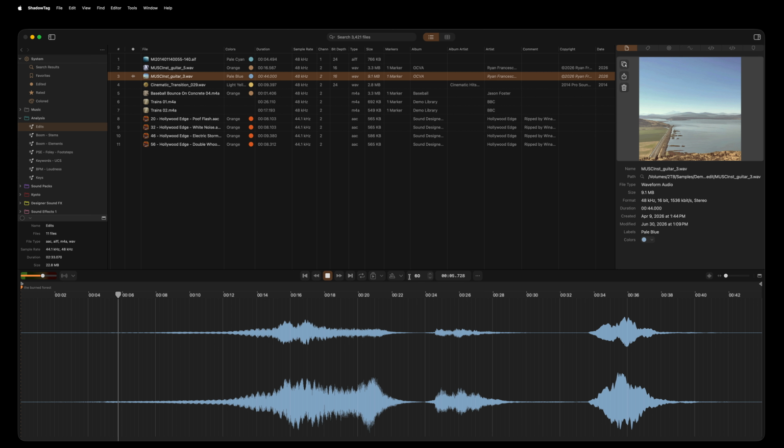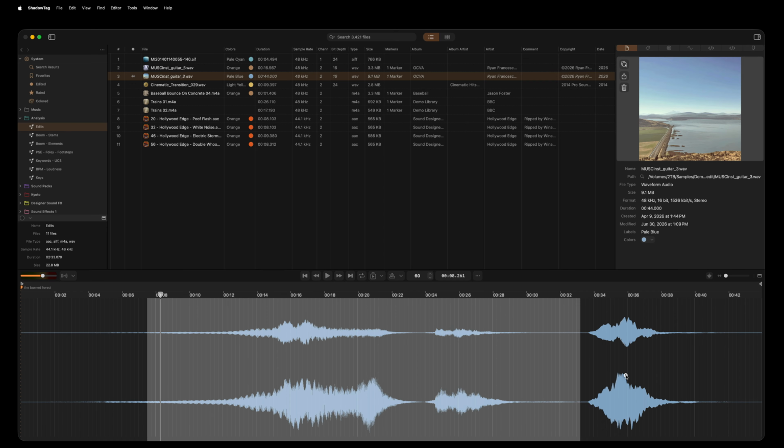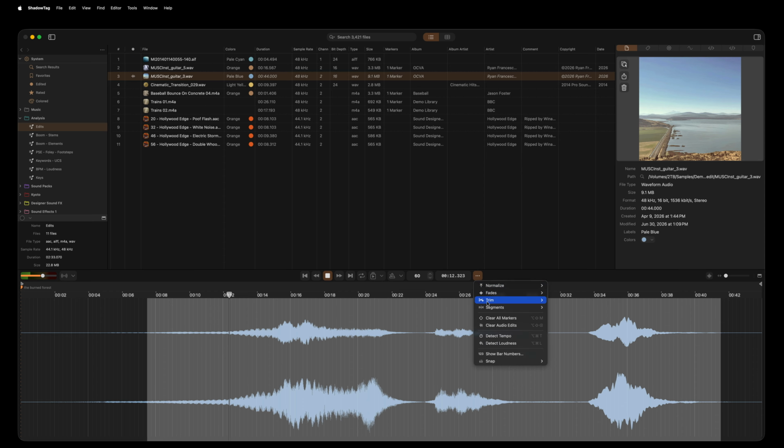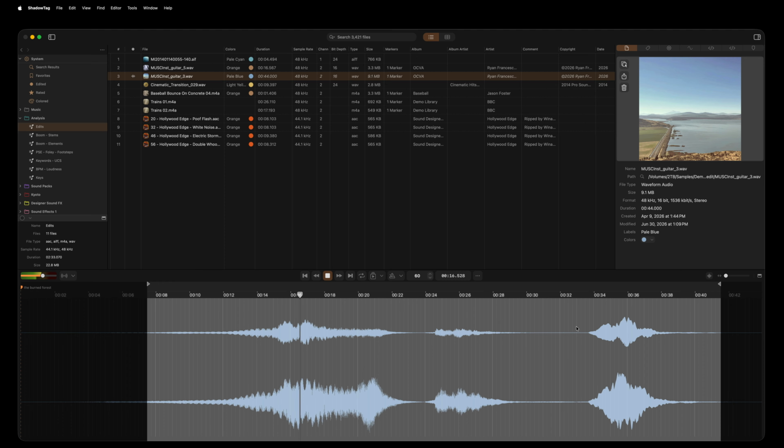As you can see here, we might want to trim this file, so I'm going to show you how to do this manually. There's a number of ways. One is we can just select the actual audio that we want to do, and we can choose from here, trim, crop selection. Now that'll effectively make the start point there. We can also press I for in and O for out. To move these flags, we can drag them,